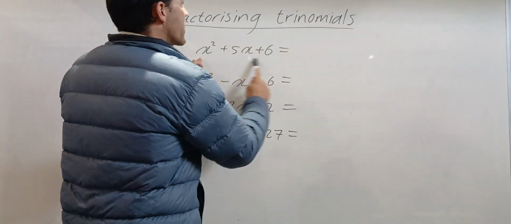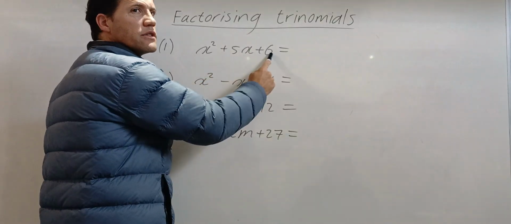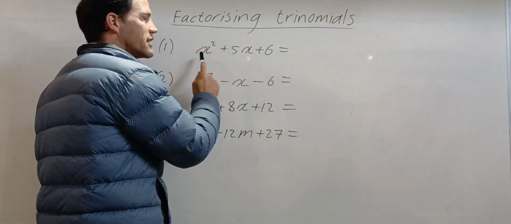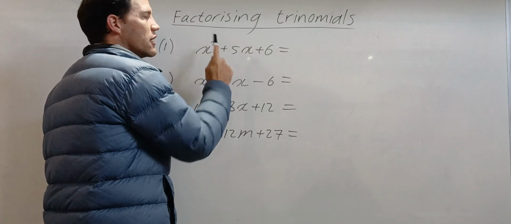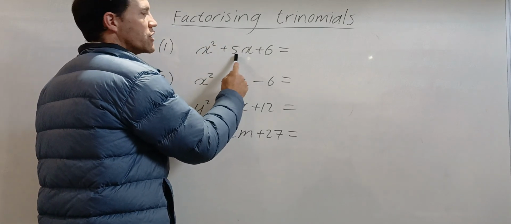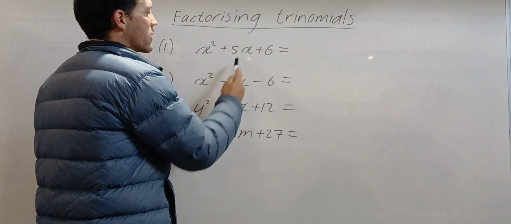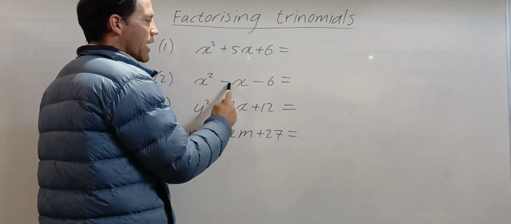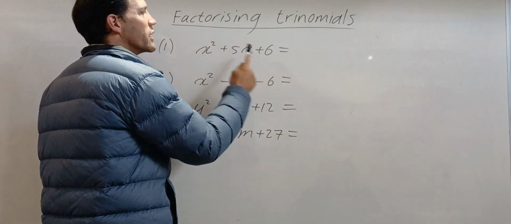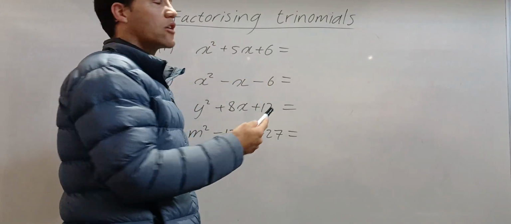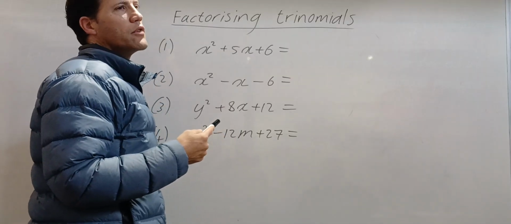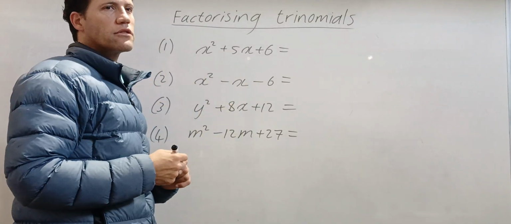So when you see there's a trinomial, three terms, and it starts with an x squared, one of the three has an x squared. The other one just has an x, normally with a coefficient. Like this is still a coefficient, -1, x, still a coefficient. But something with an x, something with an x squared, and something with just a number, a constant, then you know you have to use the factorizing of the trinomials.